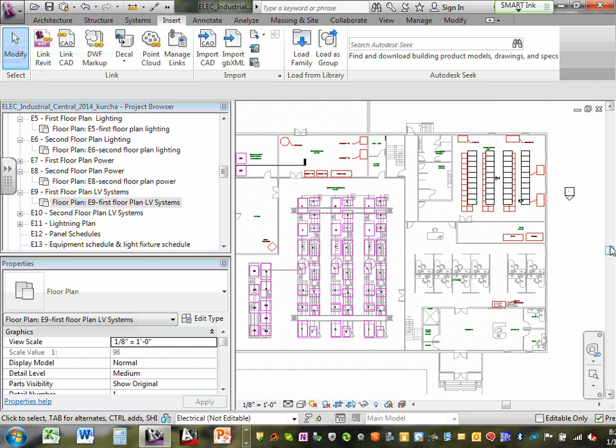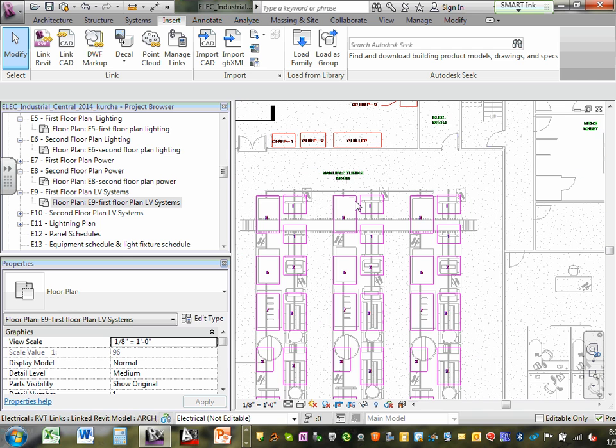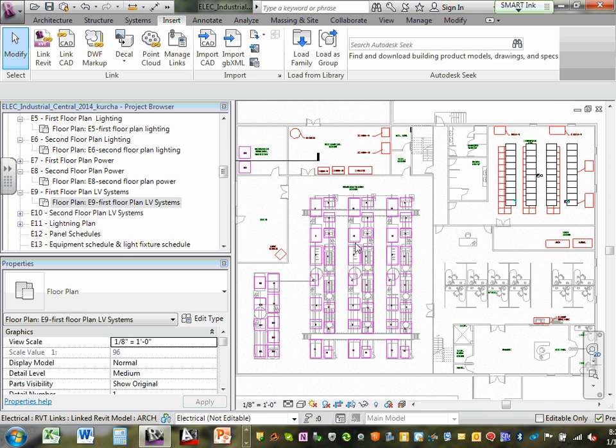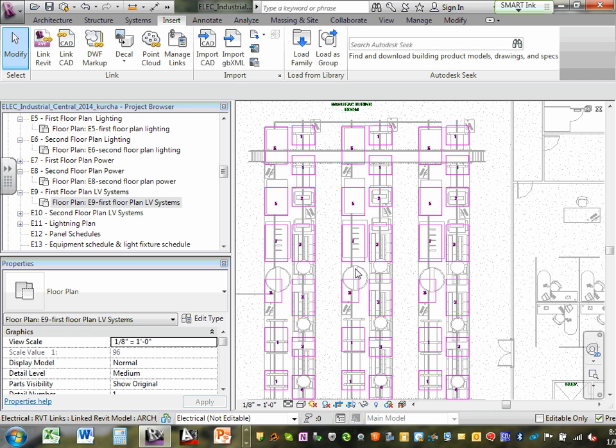And here's how your first floor low voltage is going to look. Did you guys hear me? Eventually, Karen, all this low voltage will be turned off. We will turn off the low voltage. This is just to give you right now where the mechanical equipment and the owner equipment are located and